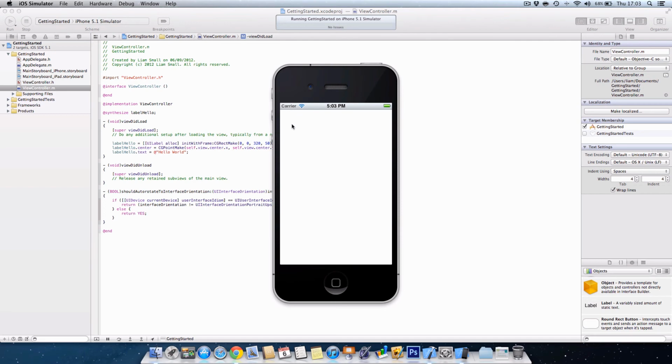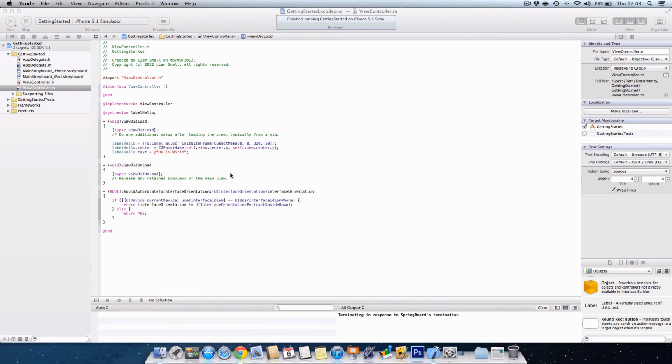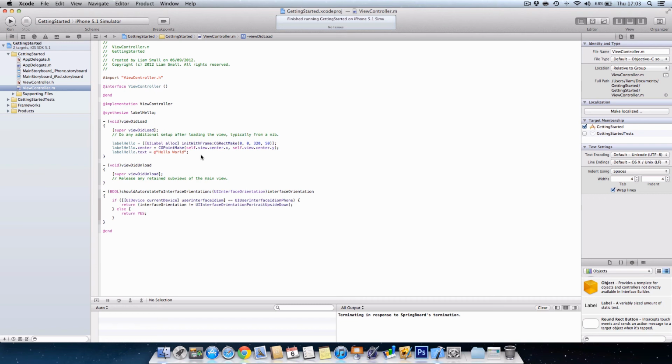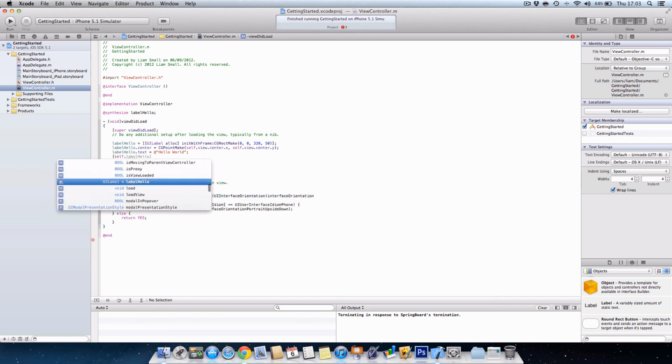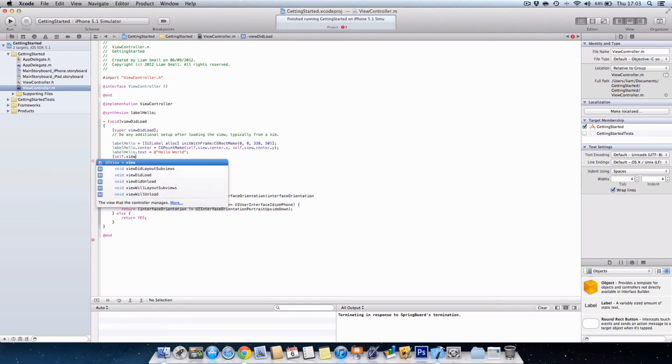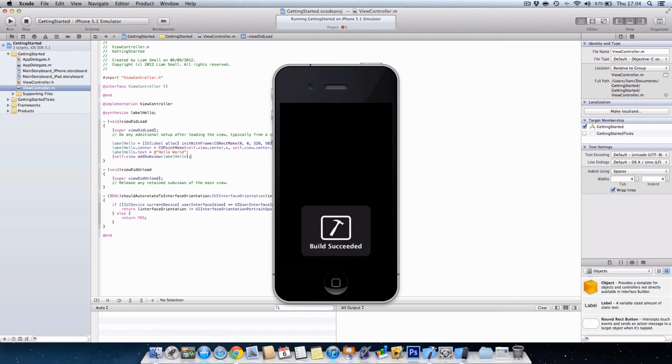The reason for this is because before, when we inserted it in Interface Builder, it did some background work for us. However, we haven't told it to actually display it on the view. This is very important. So we're going to open a square bracket, and say self, so whatever's current at the moment, dot view, so add it to a view, and then we want addSubview. Then we can add label hello, close square bracket, semicolon, and then if we run it again,